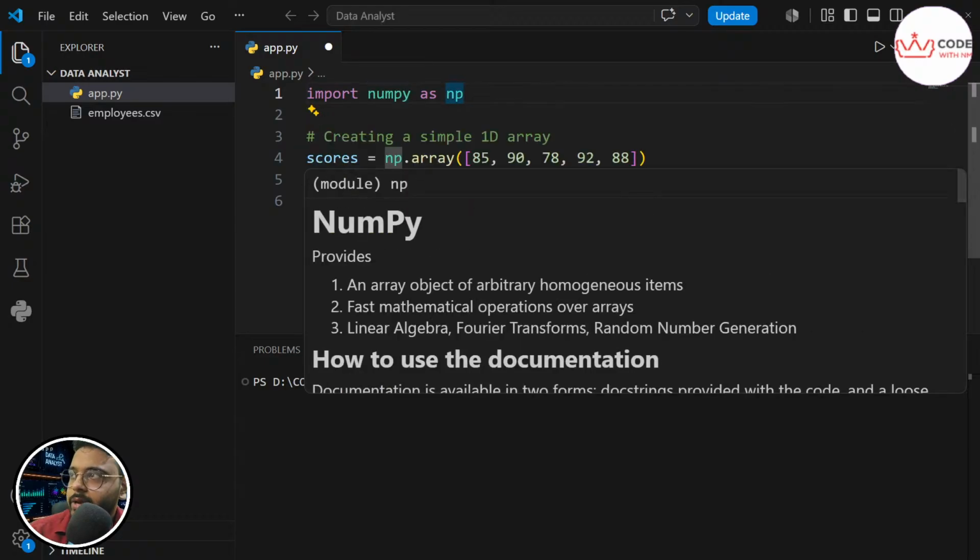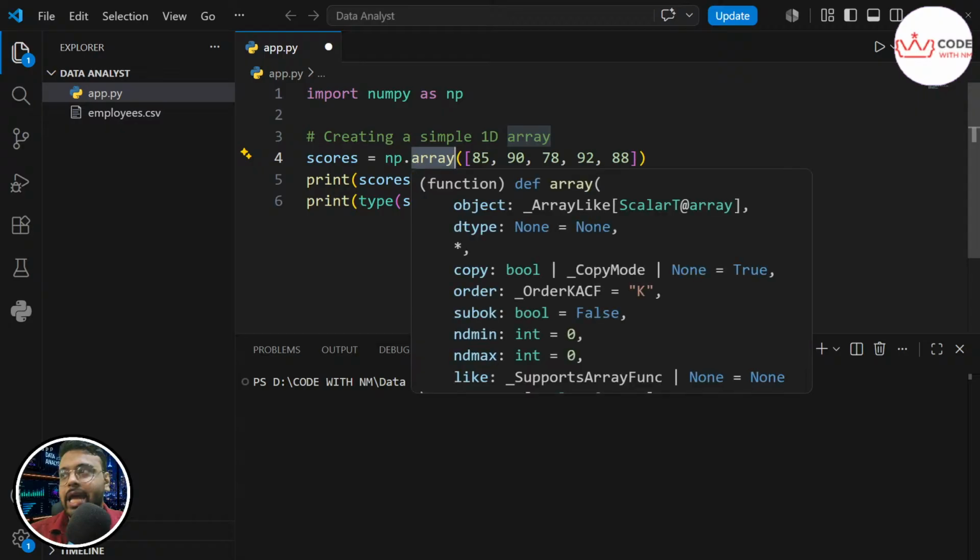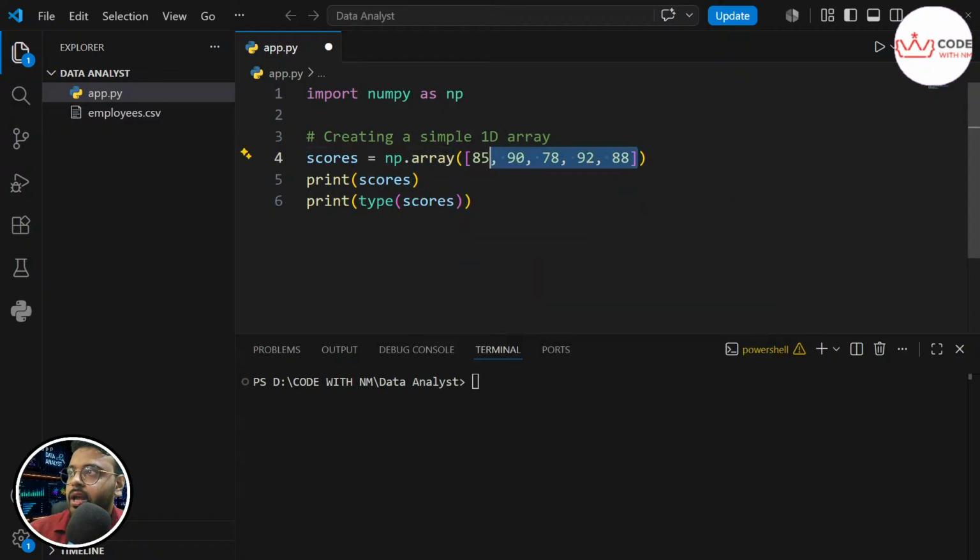With the help of the NumPy library, I have called array, and created an array of the same type. All these numbers are integers, the same data type, and I have added 5 items to this array. Then I'm simply printing the scores, and also checking the type of this.